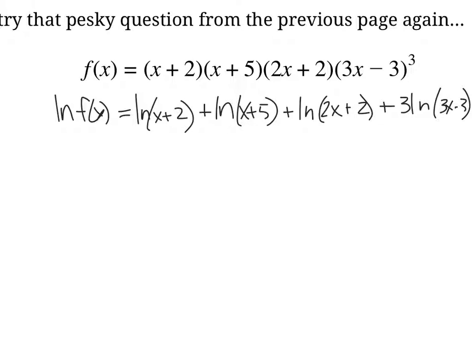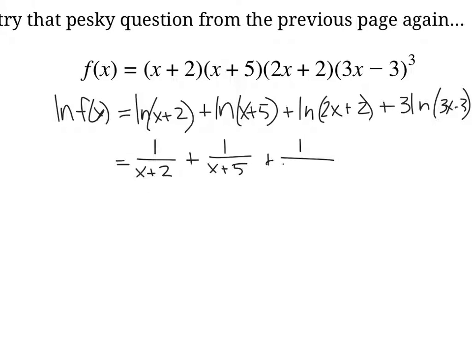Okay, so now let's take the derivative. We'll worry about what the left side looks like in a second. Let's just take the derivative of the right side because that's not too bad. So the derivative of ln (x plus 2) is going to be 1 over x plus 2 times the derivative, it's the chain rule, right, times the derivative of what's in the brackets, which is just 1. So we're good there. Plus 1 over x plus 5 times 1, which is the derivative in the brackets, so that's fine. Plus